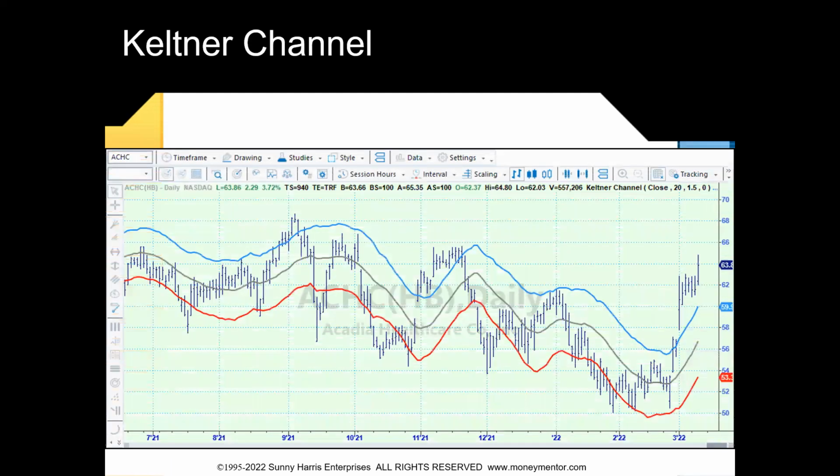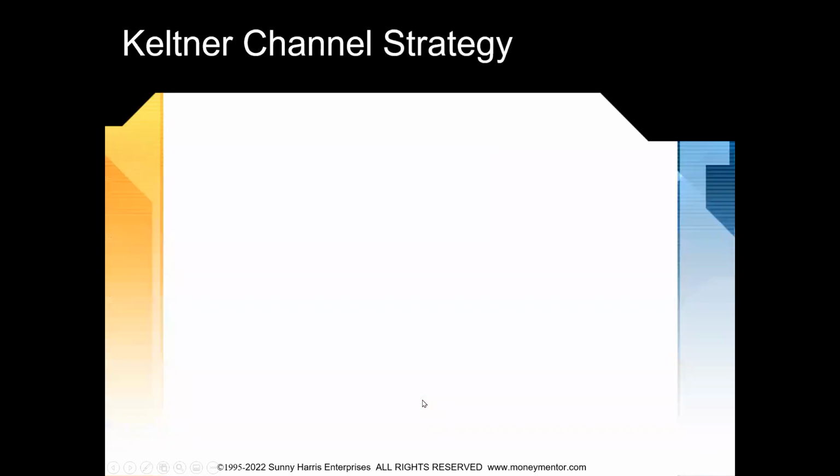It also looks a lot like Bollinger Bands, and it's also based on an exponential moving average. The gray line in the center is an exponential moving average. Again, the problem with exponential moving averages is the whipsaw. And instead of using standard deviation, which is what John uses for his Bollinger Bands, this one is based on average true ranges above and below the exponential moving average. That's a move in the right direction, but it's still not right because we're still using an exponential moving average as the basis for it.